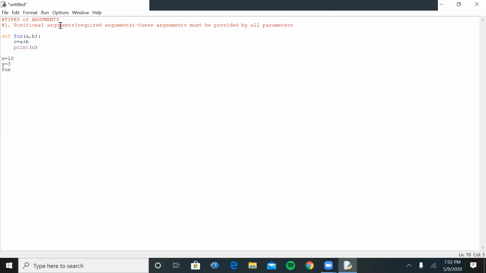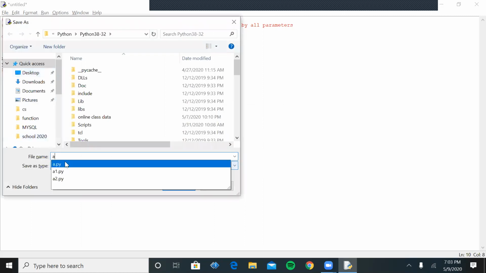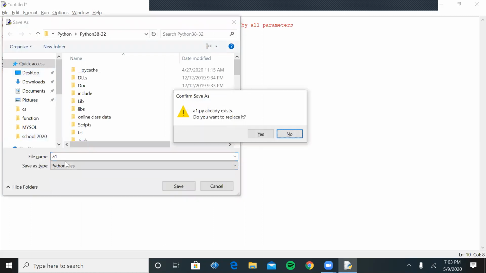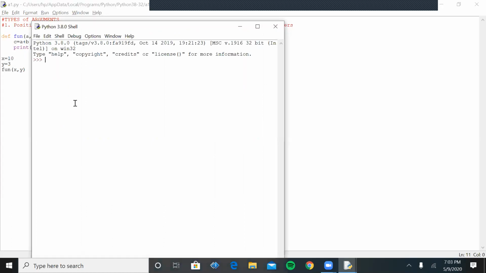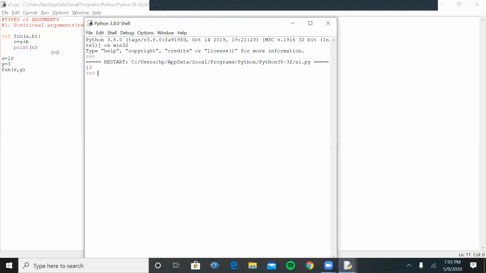When I call this function, I specify these two arguments, because in the definition I have specified two parameters. Then it will work properly. When you execute, you can see it shows the result.